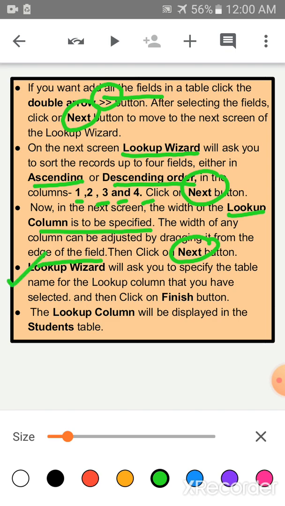After that children, lookup wizard will ask you to specify the table name for the lookup column that you have selected. You can click on finish button. Lastly children, the lookup column will be displayed in the students table. You can see. I am showing you the screen.